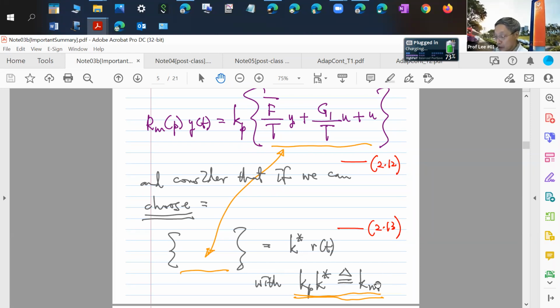Km will be something we will choose, coming out of our reference model. Kp is from above. So this is completely possible,